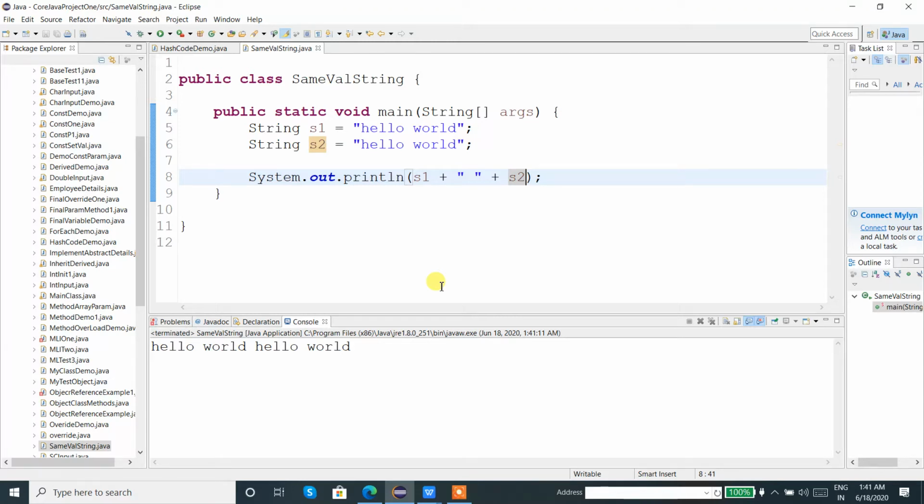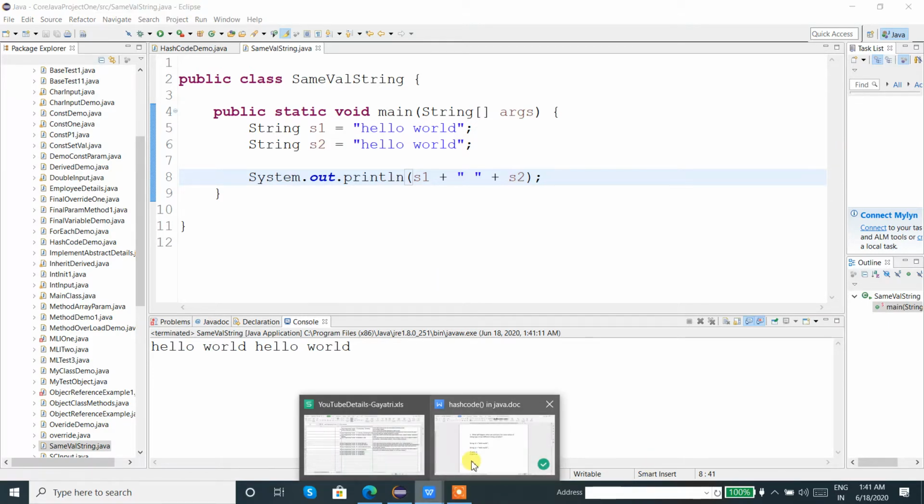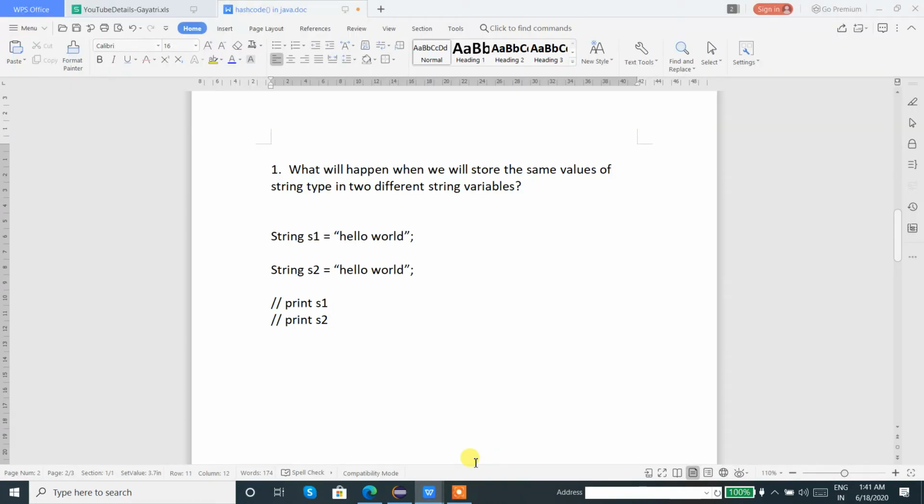Now how exactly will memory management occur over here? That is the answer. So let us understand a little about the memory management concept, how exactly the JVM will take care. When we talk about an initialized variable, the memory address always gets allocated in the heap area. Why the heap area?